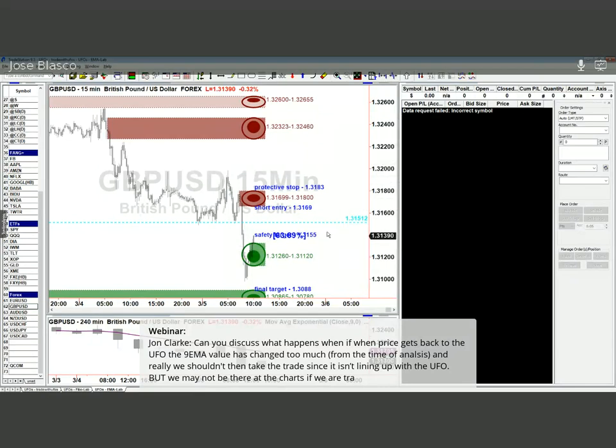And what do you do? Well, you interrupt your work activity for 5 to 10 minutes and you go check the chart. And if you see the moving average has changed too much, then you just cancel the order. By the way, you can do that with your phone. Looking at the average and canceling the order can be done with your phone. So I would guess the majority of people in an office or other work could certainly take those 5 minutes to do that action once you receive the alert. So this may also help you.